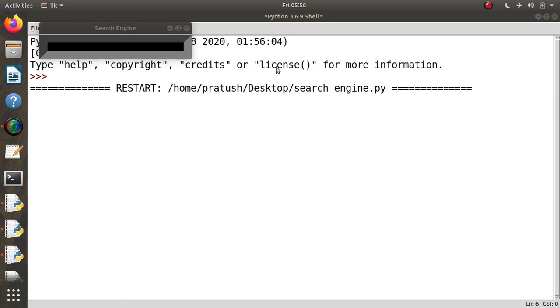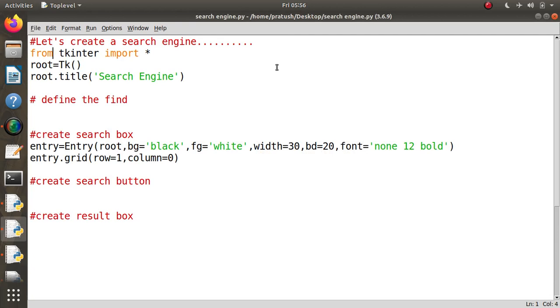Okay, let's implement another thing, let's make a search button. We will make a variable search equals Button. Then the button will lie in the root window, and the text displayed on it will be search.